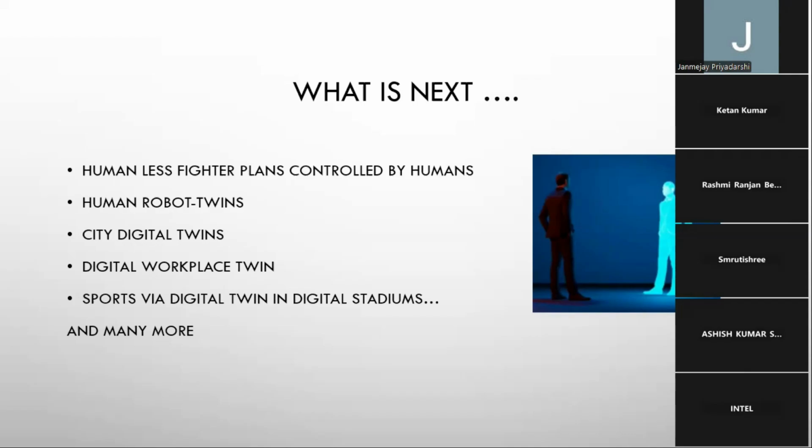So you can send him to work instead of you. Human robot twins are the new future. Humanless fighter planes controlled by humans: humans may sit at the office and their digital twin will sit in the fighter plane and